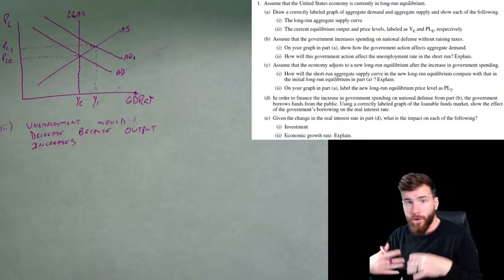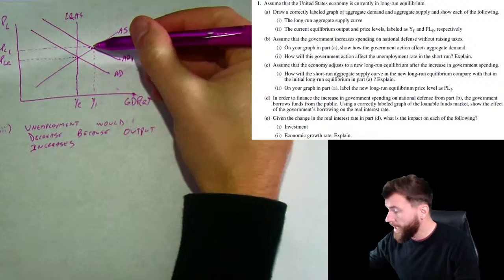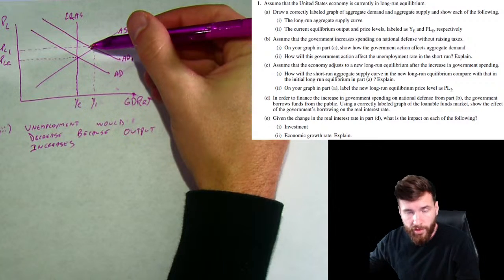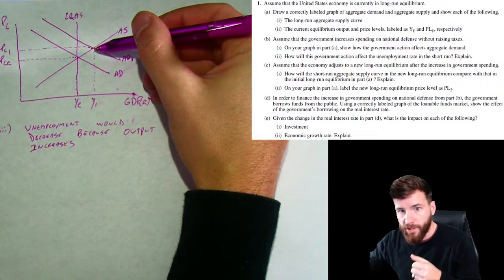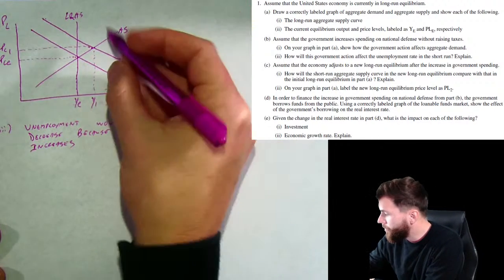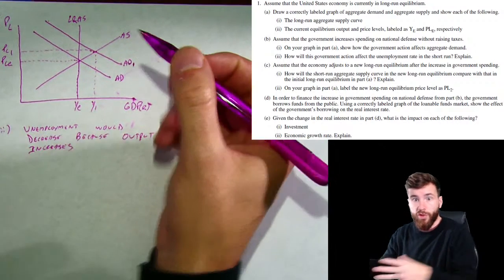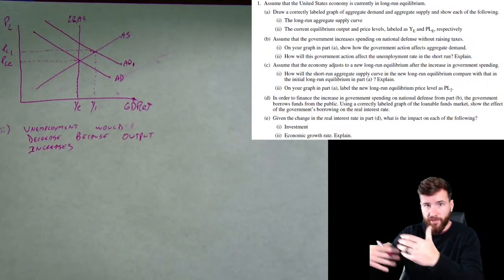So if we don't do anything, right? Now we're in an inflationary gap. What do we do in an inflationary gap? We can either use contractionary fiscal policy or contractionary monetary policy to reduce AD and bring us back to long-run equilibrium. But in this case, it says we don't do anything, and the economy just adjusts